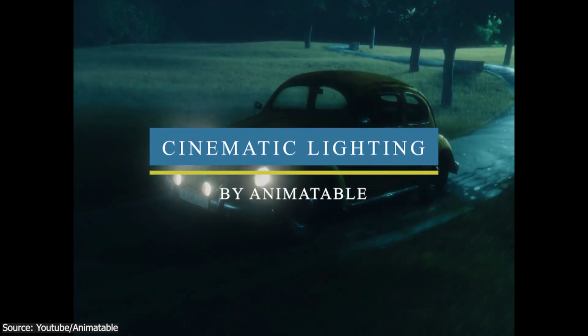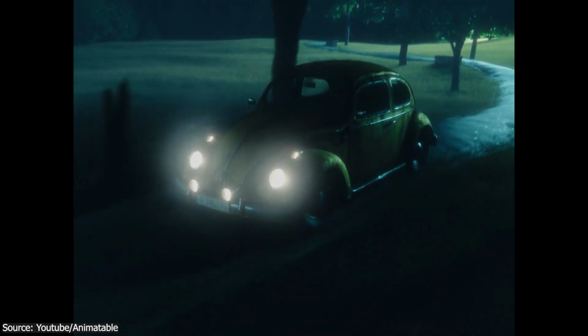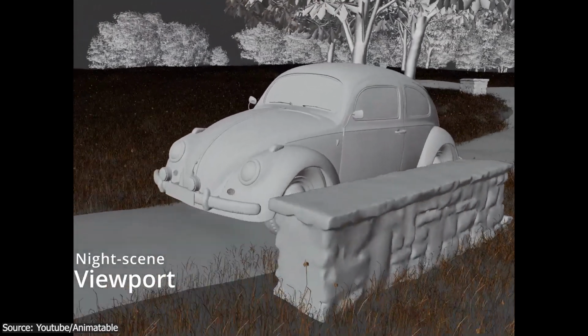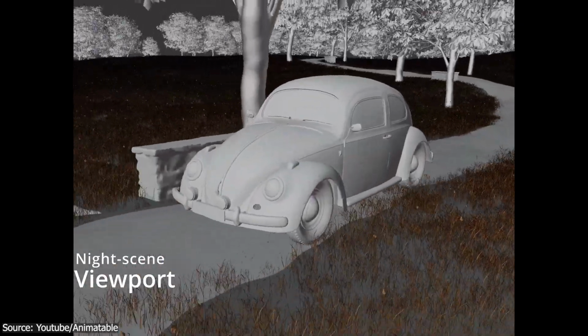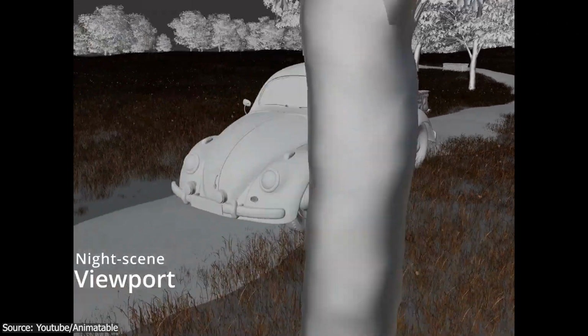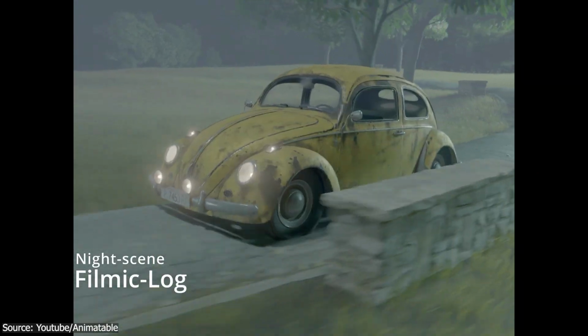Next up, we have an interesting looking project that can be considered a cinematic showcase. But we can clearly see that the artist nailed every aspect of the animation, whether it be modeling a realistic looking car, in addition to the eye-catching environment, and most importantly, the movements of the cinematic camera and the car